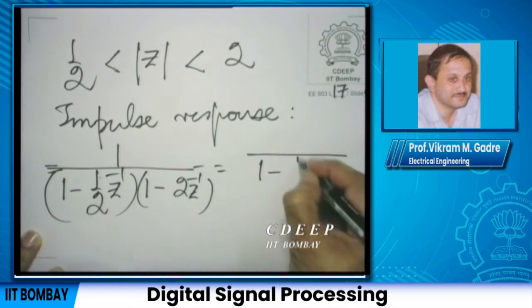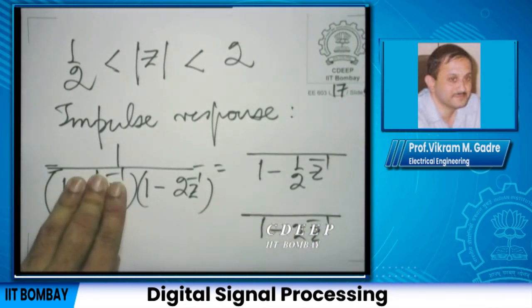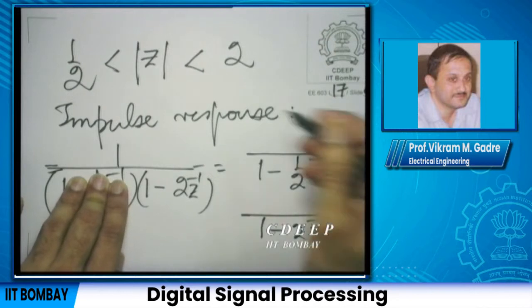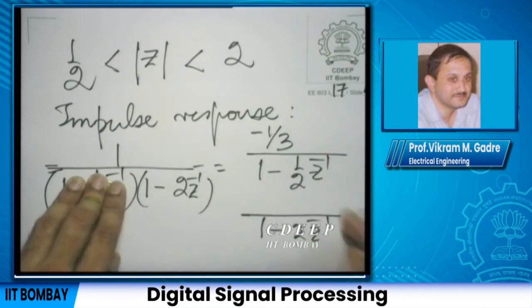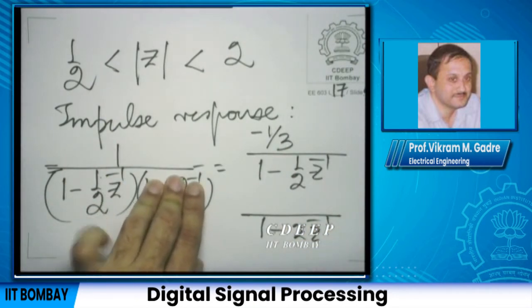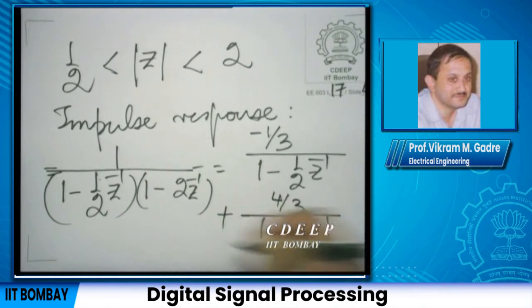So, you have a term in 1 minus half z inverse, and you have a term in 1 minus 2 z inverse. When I want the term in 1 minus half z inverse, I multiply by 1 minus half z inverse and put z equal to half. So, I have 1 minus 2 by half, or 1 minus 4, that is minus 3. And then I multiply by 1 minus 2 z inverse and put z equal to 2. So, I have 1 minus 1/4 in the denominator, that is 3/4, so 4 by 3. Am I right?